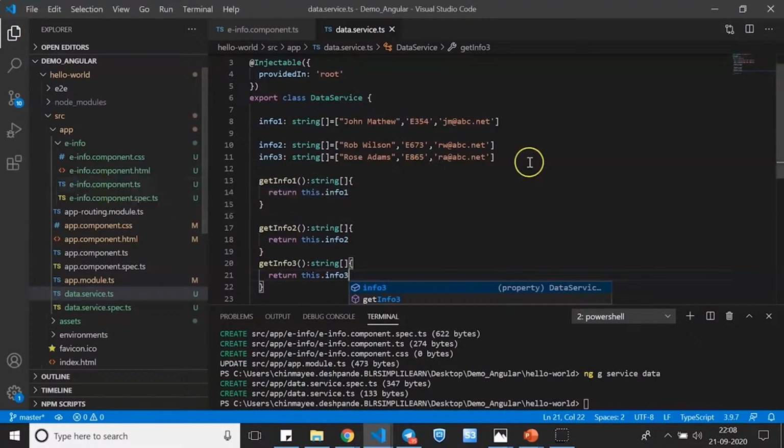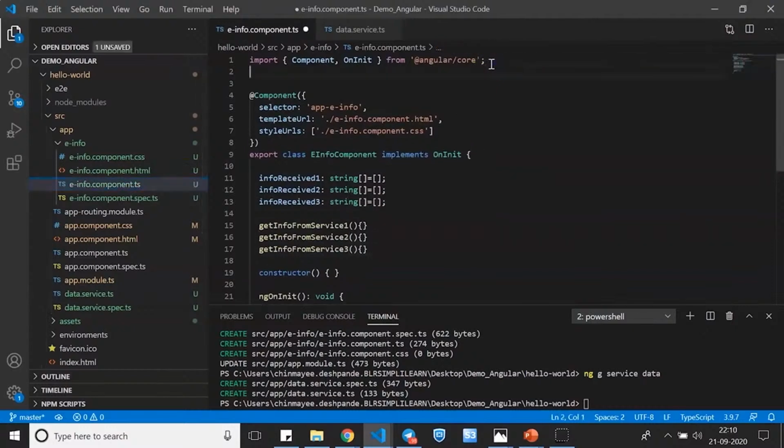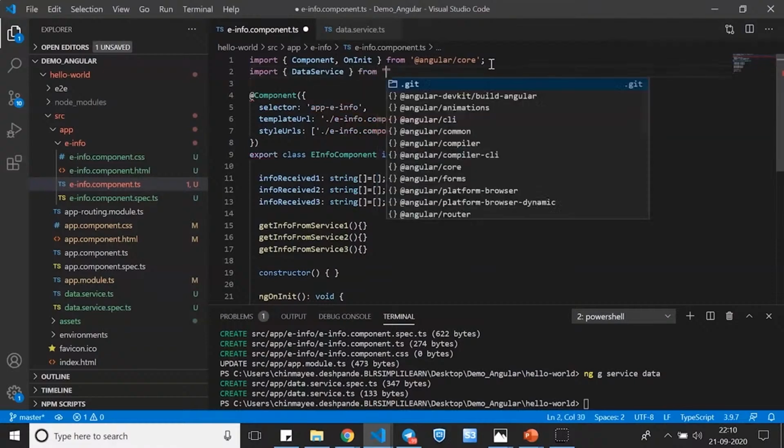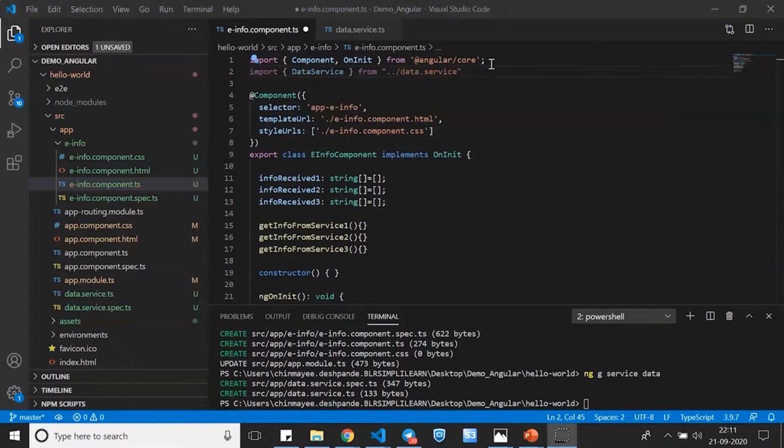So for that, I'll have to make use of dependency injection. So here I'll have to import the service that I've created. So let's go ahead and say import. The service was data service, from /data.service. Now the main reason we're doing this is to tell Angular that when the component is created, the service instance is also created,